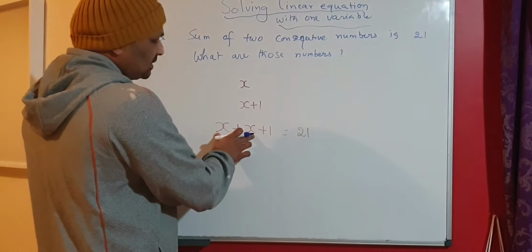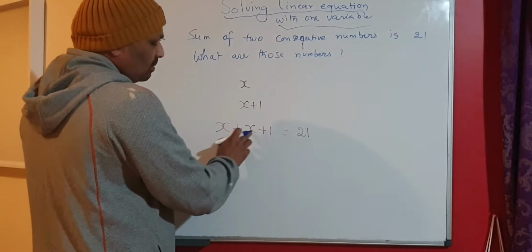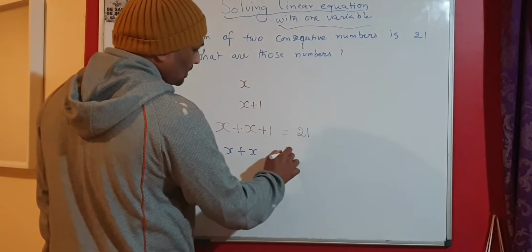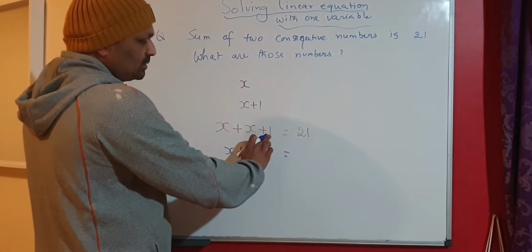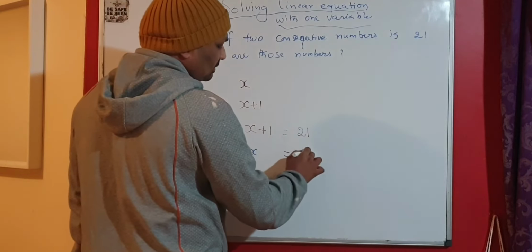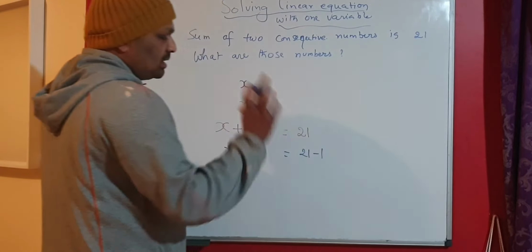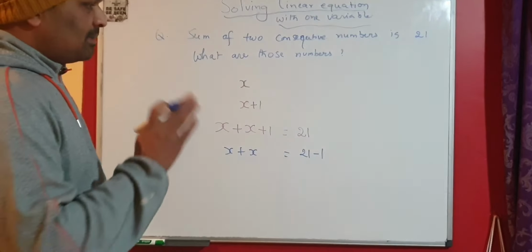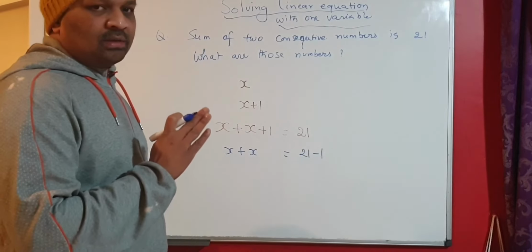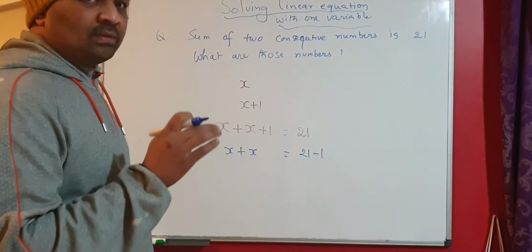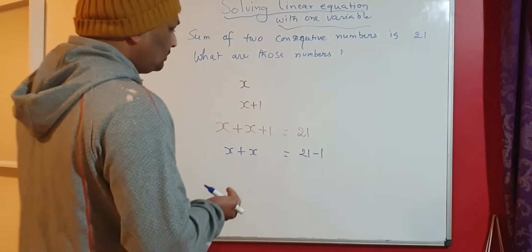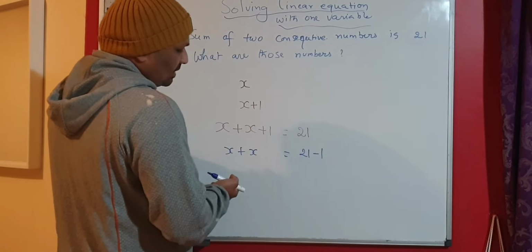In this case, x plus x: x is one term and x is another term, both are having x in it. You leave this x plus x on the left side. You take plus 1 to the other side of the equal to symbol. When you take plus 1 to the other side, it becomes minus 1. Plus, if it goes to the other side, becomes minus. Minus, if it goes to the other side, becomes plus. Similarly, multiplication, if it goes to the other side, becomes a division, and a division on one side, if it goes to the other side, becomes a multiplication. Now you simplify it.